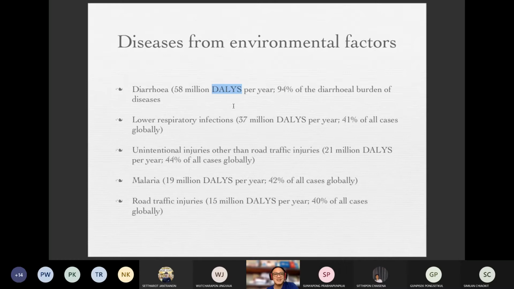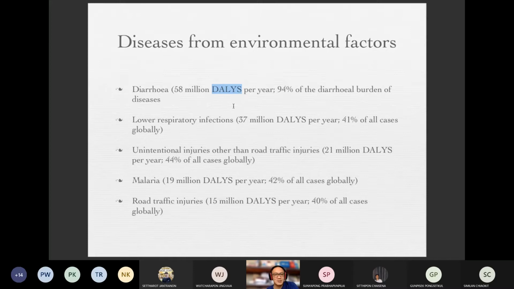It's really interesting if you look at this disease. A higher total time loss means a greater number of episodes or cases caused by the disease. Lower respiratory infection